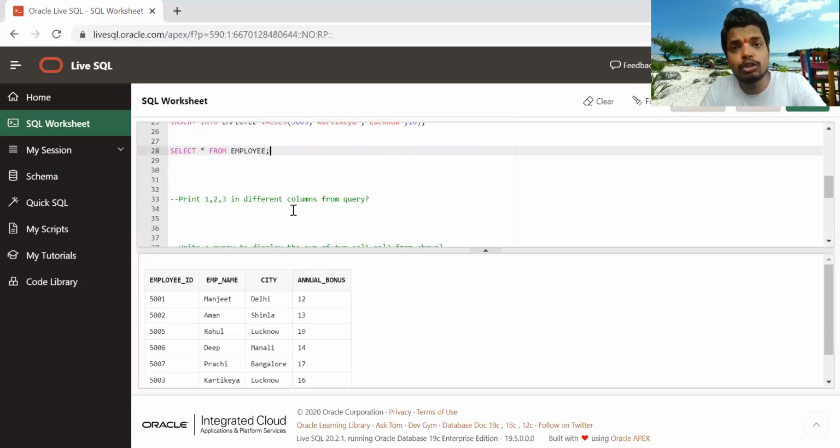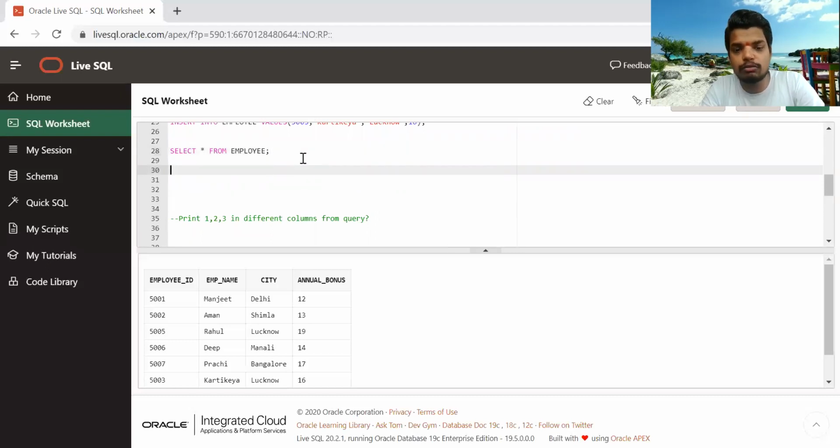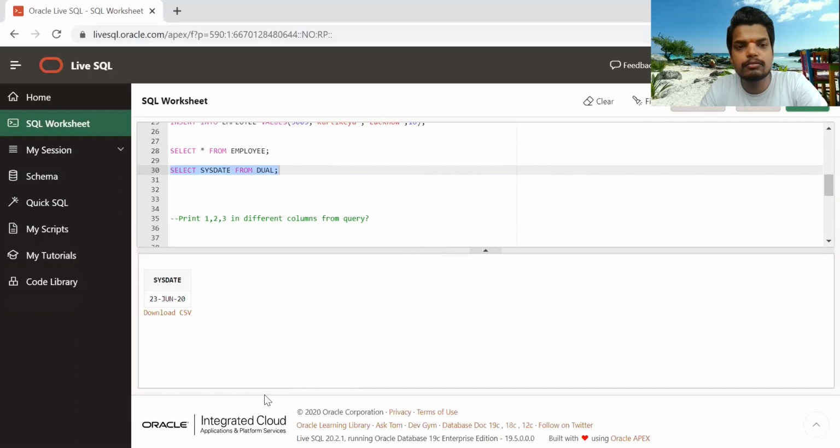One more quick tip I am giving you over here. Let me show you first what it is. Let's check what is the output of this query. You can see that sysdate is today's date, that is the system date and time. That's what we can check from a virtual table which is always present in the Oracle database, that is the dual table. So we have just selected the sysdate from the system. The system date is 23rd June, that is today's date.